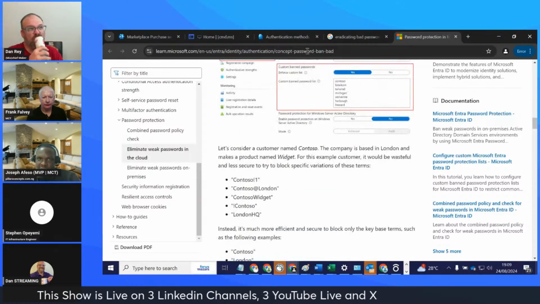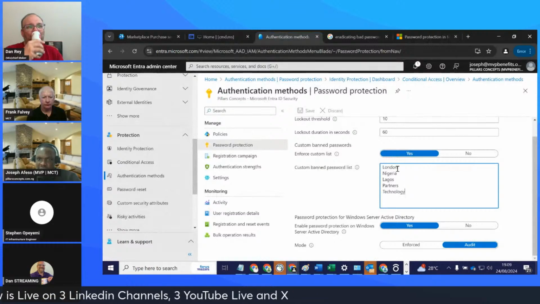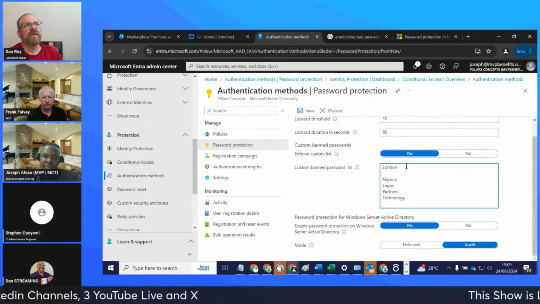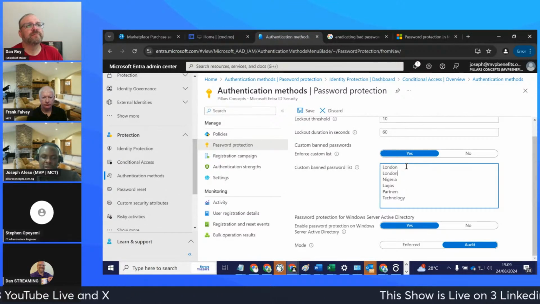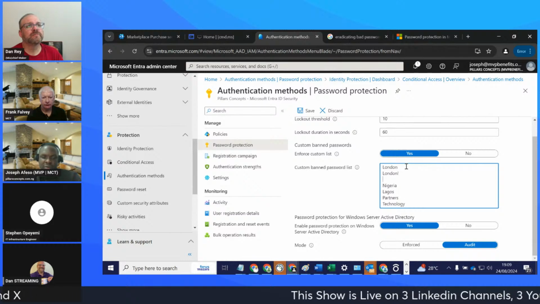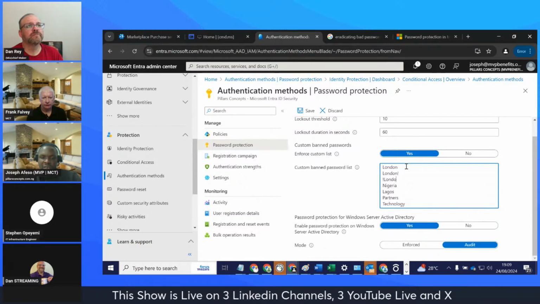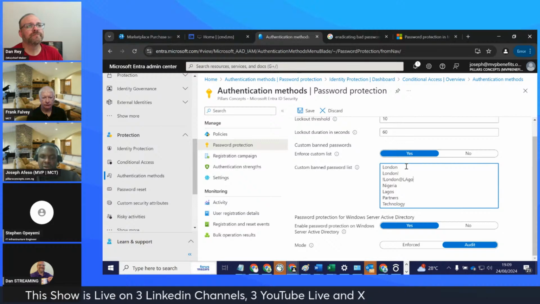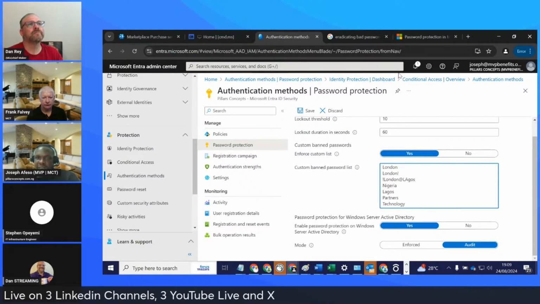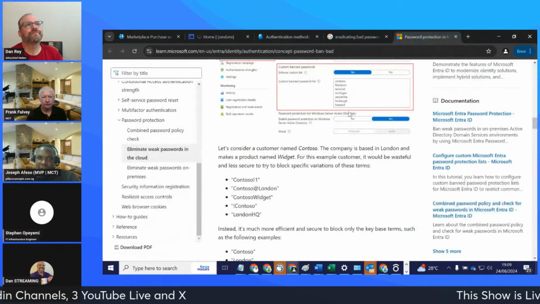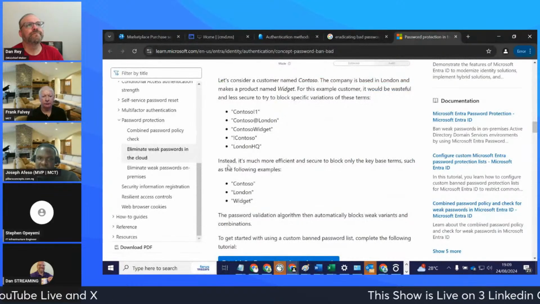So while adding those to your list, there is no need coming down here and putting London, and then you put exclamation. Maybe you put exclamation, you put London, and then you say at Lagos. All these are a waste and they are not secure. So why are they not secure? Instead,